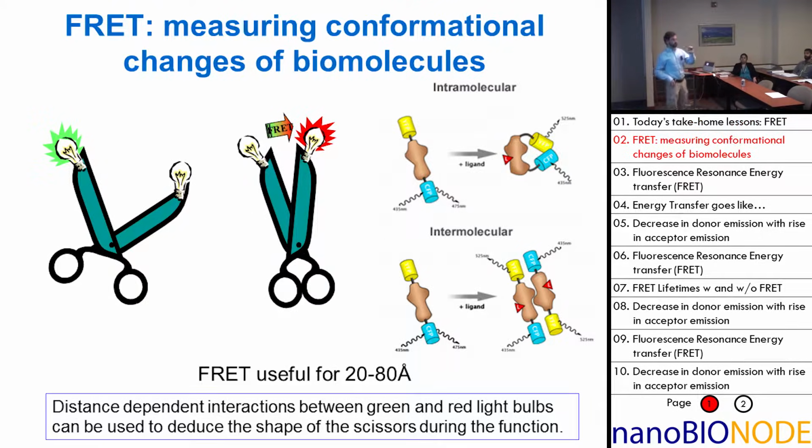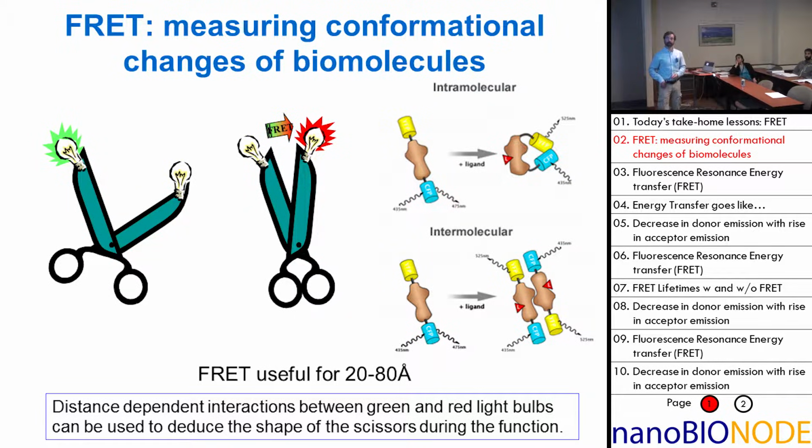Okay, so this is basically just a reminder of what FRET is. Again, you have two molecules. One is called a donor, one is called an acceptor. If they're far apart, that is much greater than R0, the characteristic distance, then you get essentially no energy transfer. And this green dye, the donor, you excite it, and it'll emit, and won't even know about the